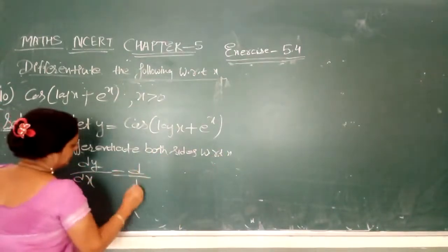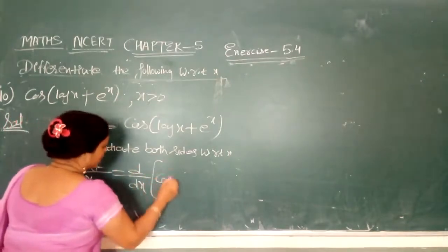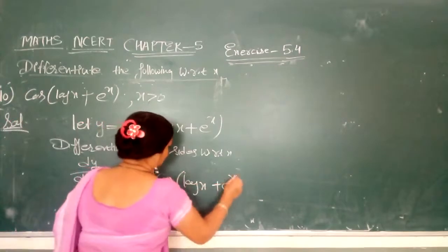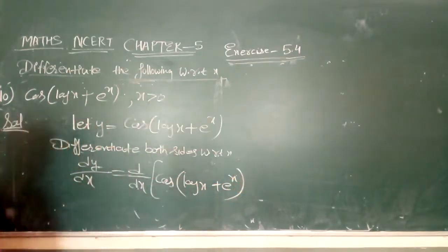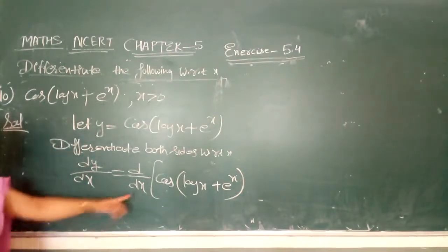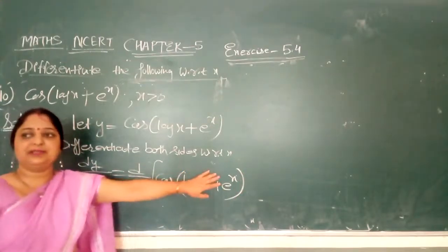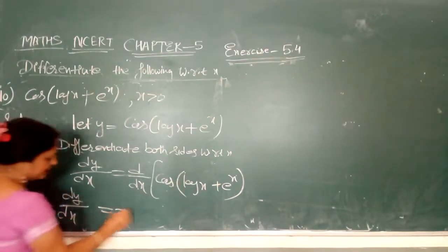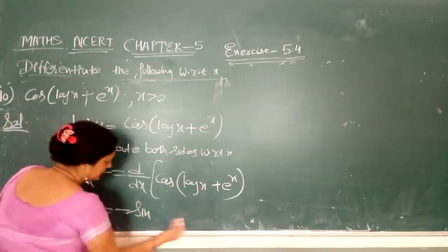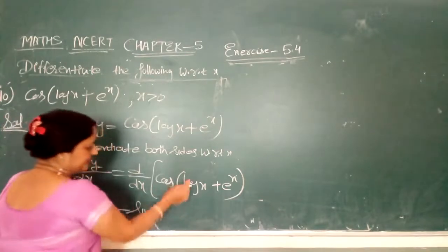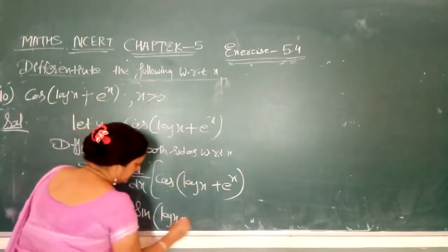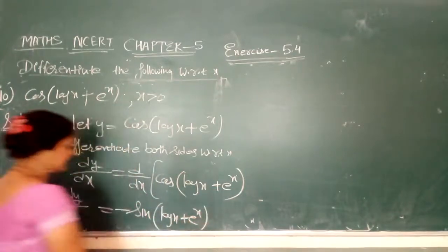Now the derivative of cos of log x plus e raised to power x. So it will come, what is the derivative of cos theta? Minus sin theta. What is theta? This is cos theta, and what is theta here? Log x plus e raised to power x. Again